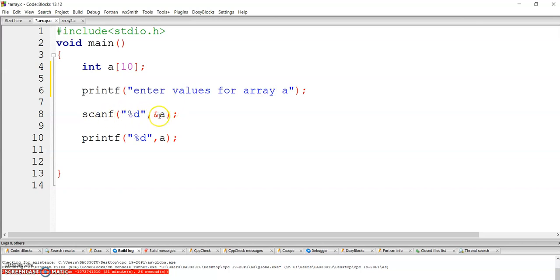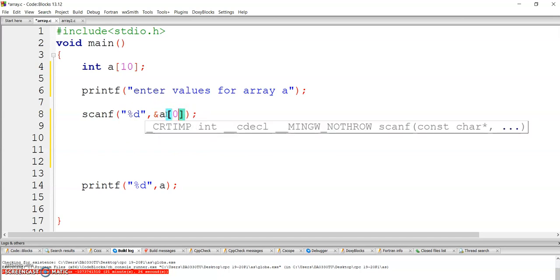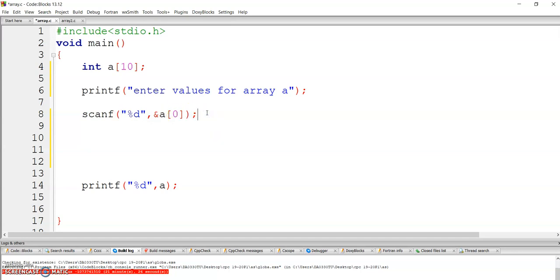Now in the scanf function, what is the change? Here you have to define the position for all the elements. So if you write scanf to accept a value for a[0], where 0 is the index of your array, the first element will be stored at the address of a[0].